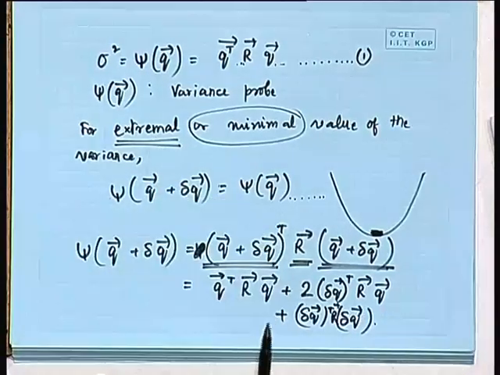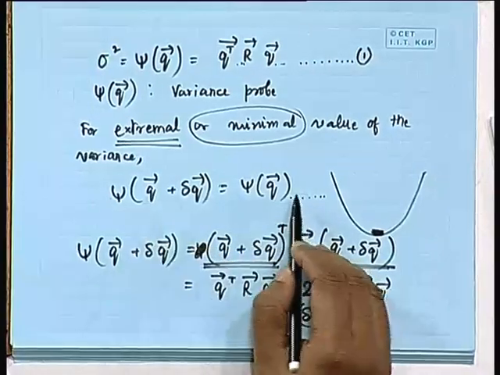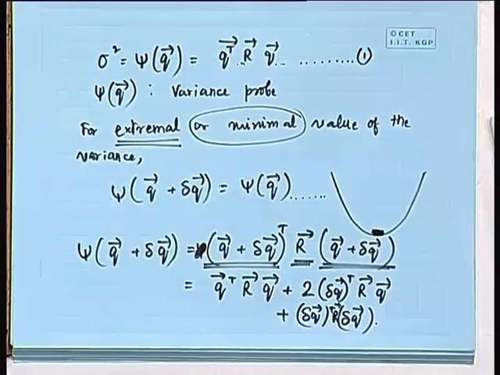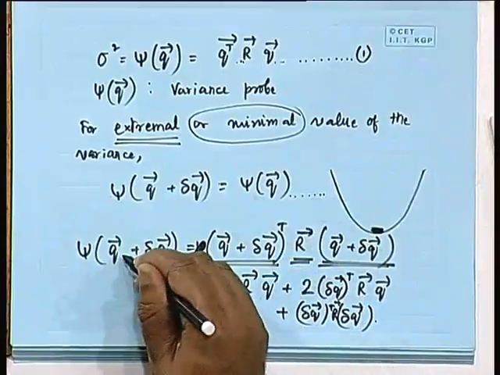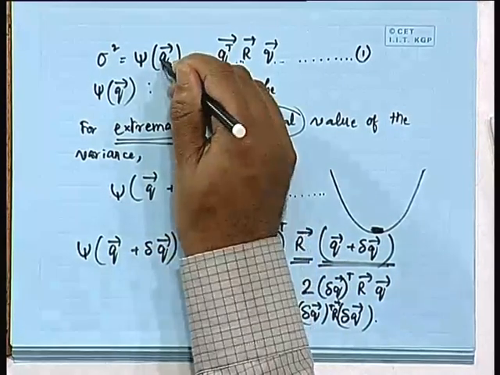Now if we take extremal, then this condition is valid. So this term is equal to q transpose r q, which means that if we equate psi of q plus delta q with psi of q,